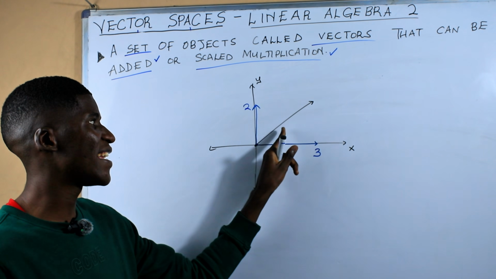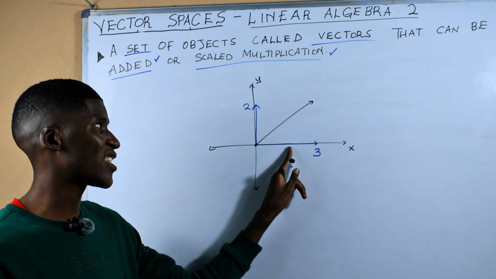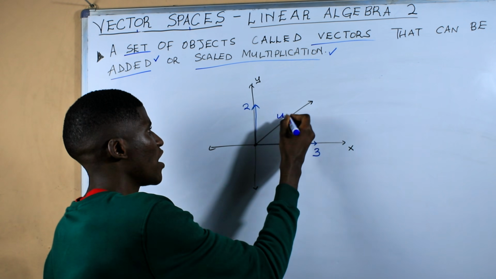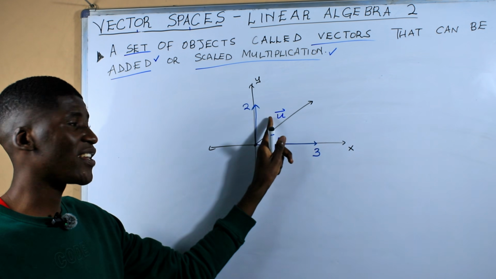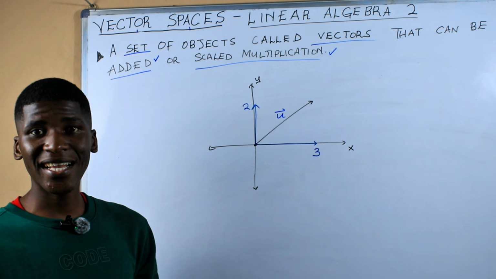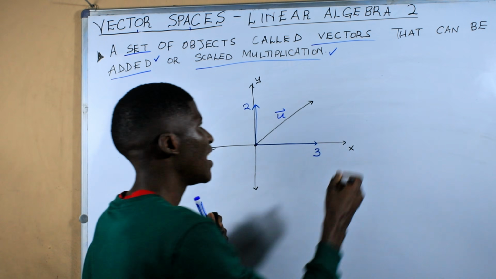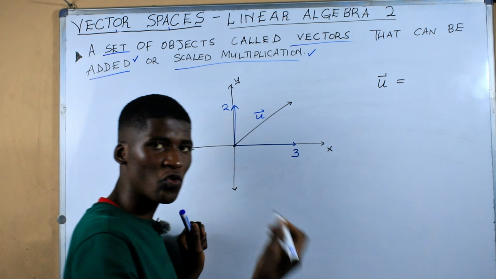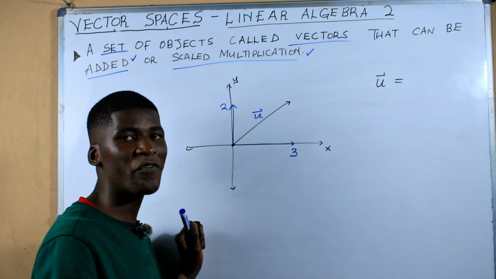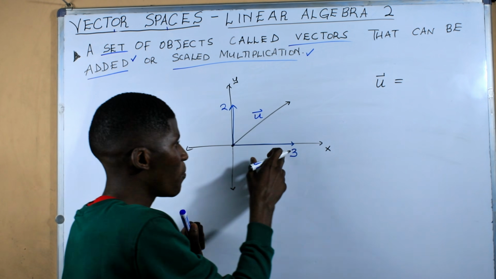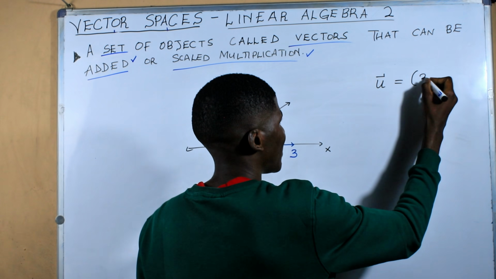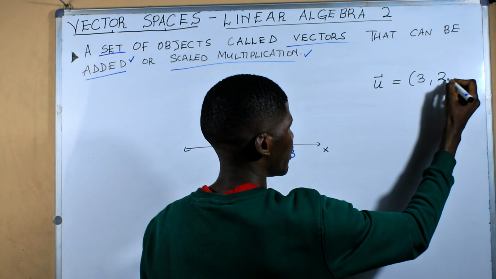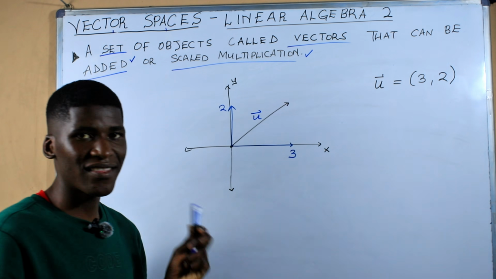So this vector here is made up of the components which is 3 and 2. Let me just label the vector maybe as vector u. So my vector u has got 2 components. Mathematically, how would I represent this? I would say that my vector u is made up of 2 components, or it can be expressed in form of its 2 components, which is this component which is along the x-axis, which is 3, and then this component which is along the y-axis, which is 2. So I can just say this is (3, 2).